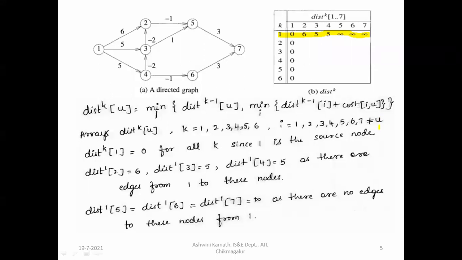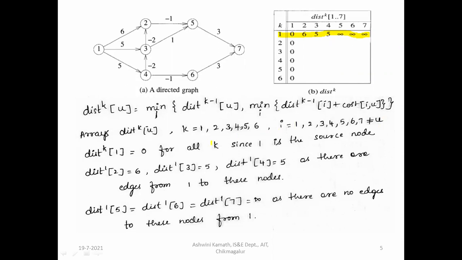That is 1 to 1, 2 to 2, 3 to 3, it is not required. It will be 0. We know that from the same vertex to the same vertex, the length is 0. So we are not going to consider that. So skip the value when I is equal to u, because that will give you the minimum value 0. So skip that value. I hope you are getting it.